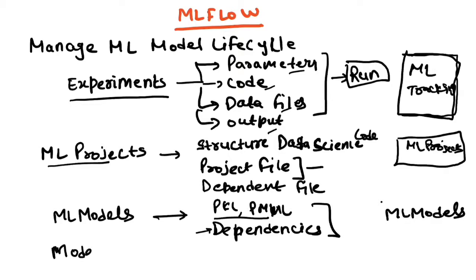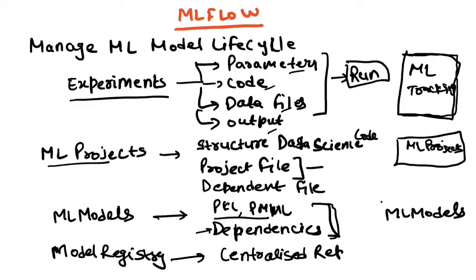model registry. So what the model registry does is, now you have exported your model, which contains a pickle or PMML file. You can send it to a centralized repo also. Once you send this model to a centralized repo, a version would be created. It will do the versioning of your model and tag it to a particular model name. And whenever you send a new version of the model to the same name, then it will create a different